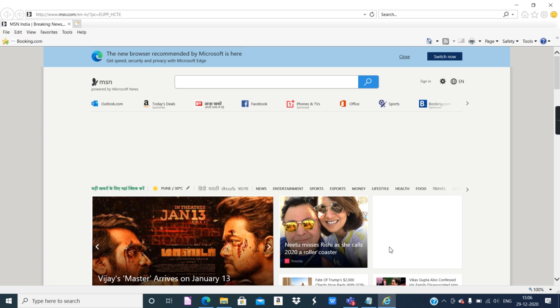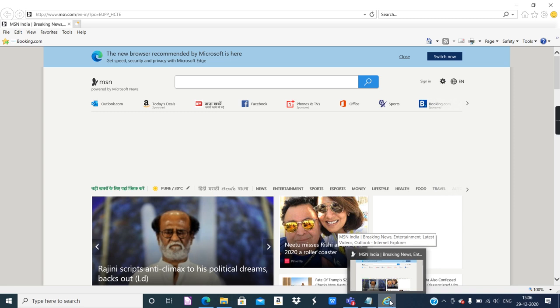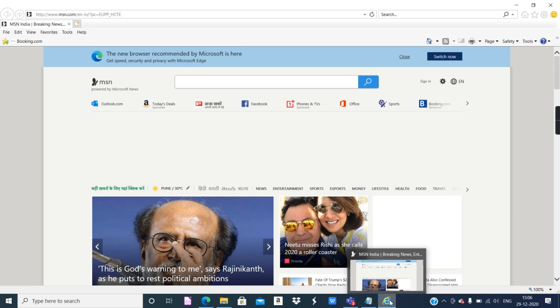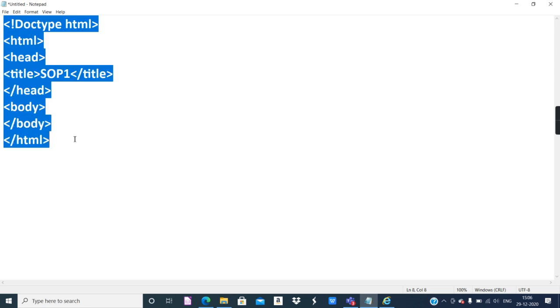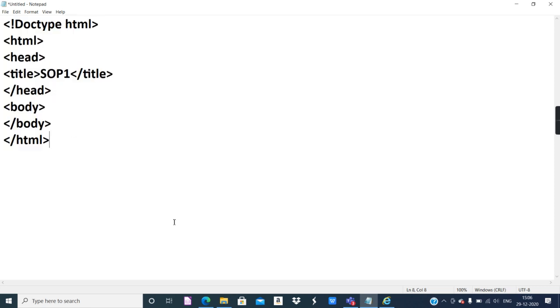But you can use Mozilla Firefox, Google Chrome, or Microsoft Edge. Any browser you can use. So the basic structure, you know very well, you have to follow the sequence of the basic structure.